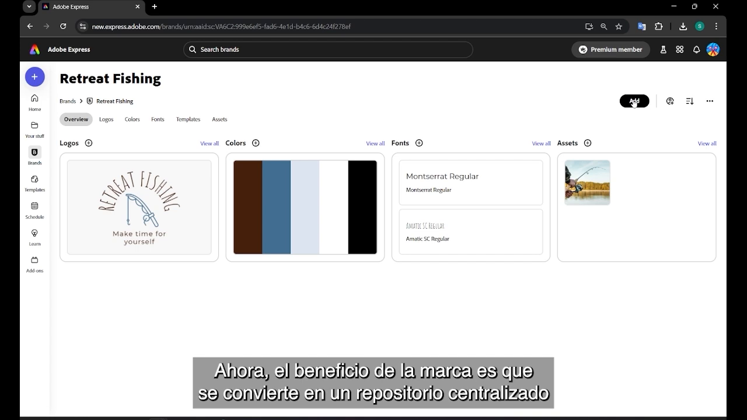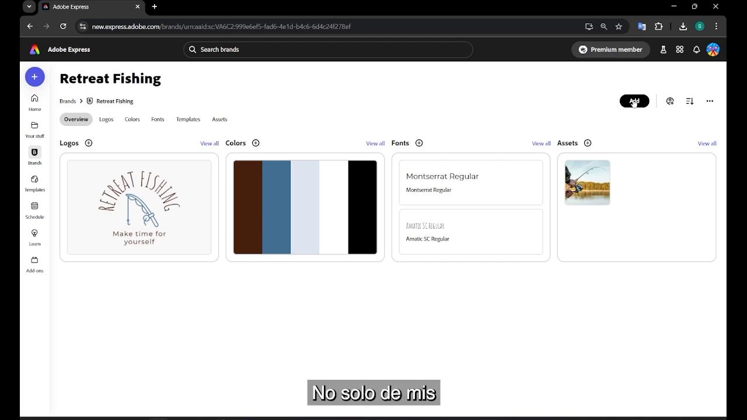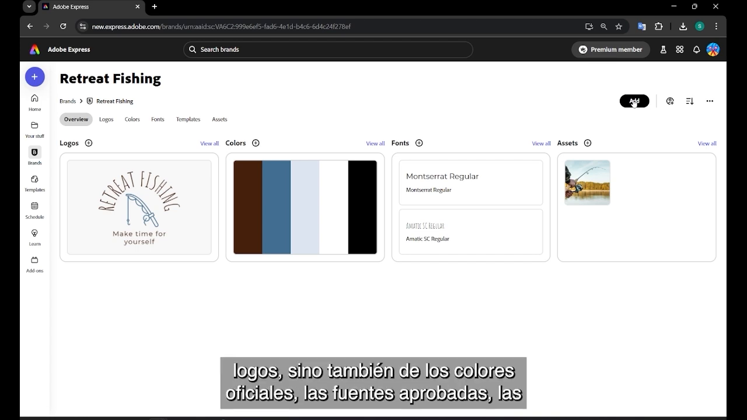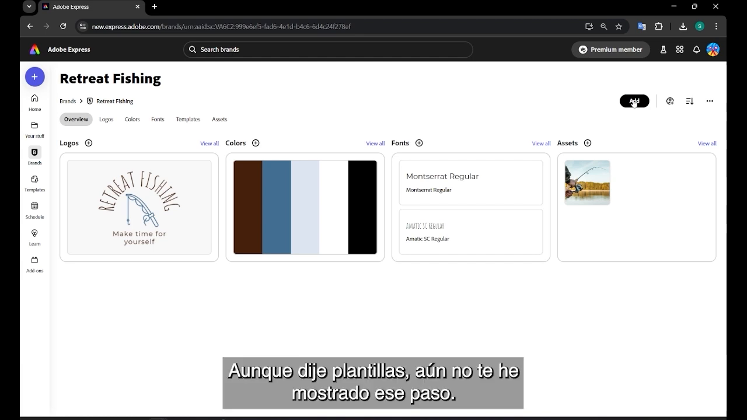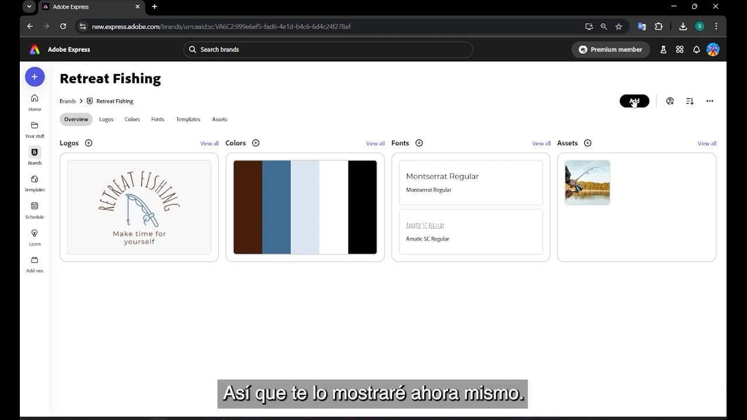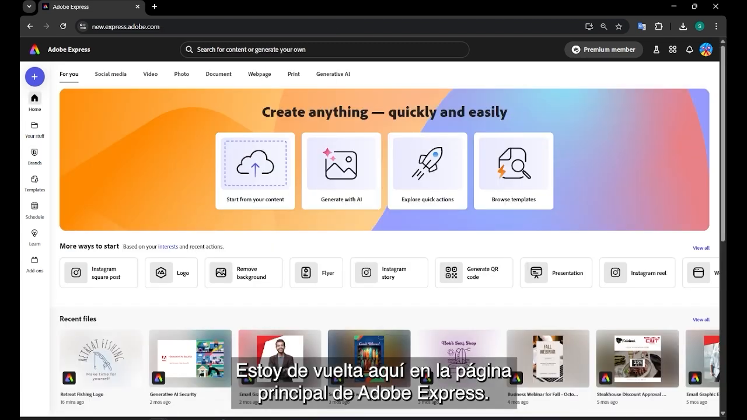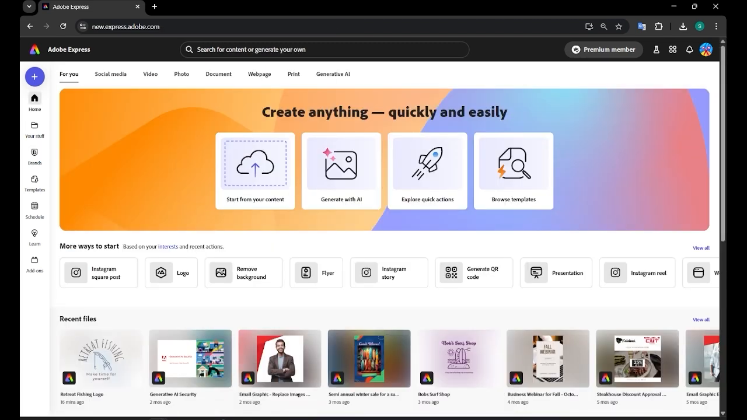Now the benefit to the brand is it's a central repository for not only my logos, but my official colors, my approved fonts, my approved templates and assets. Although I did say templates, I haven't shown you that step yet. So let me do that right now. I'm back here at the main homepage for Adobe Express. At this point, I have a